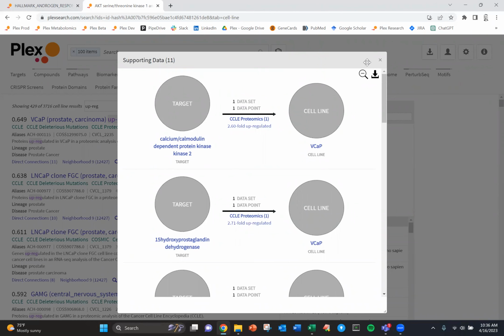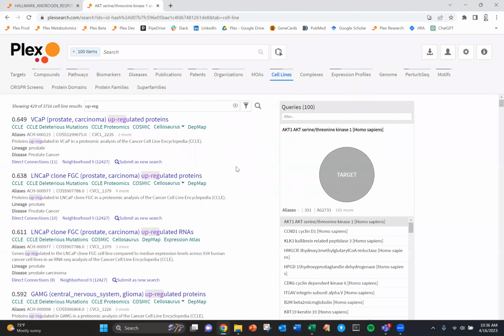So yeah, it's at the protein level. So we can see that prostate cancer cell lines are cell lines that are modulating the androgen response pathway, and therefore prostate cancer could be a tumor type to target if you have something that's modulating the androgen pathway. What you can do here further, which is really pretty interesting, is